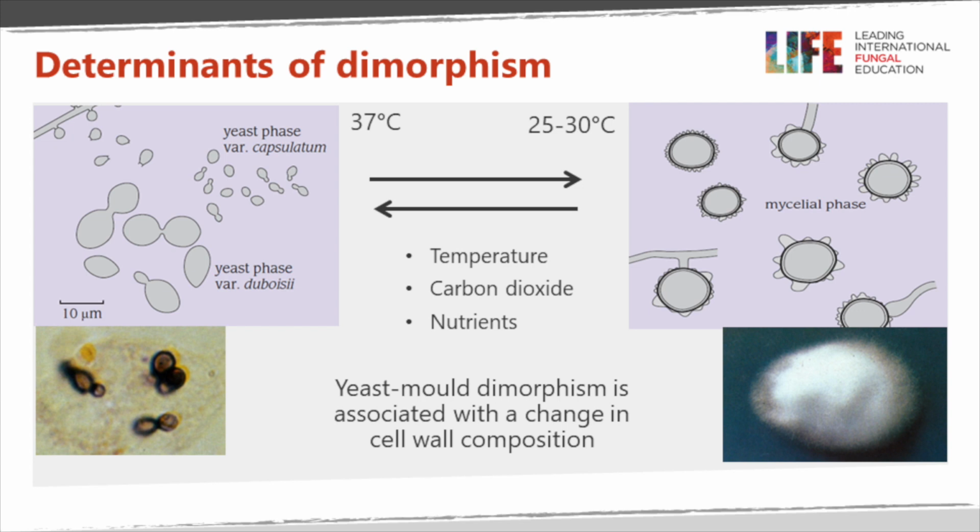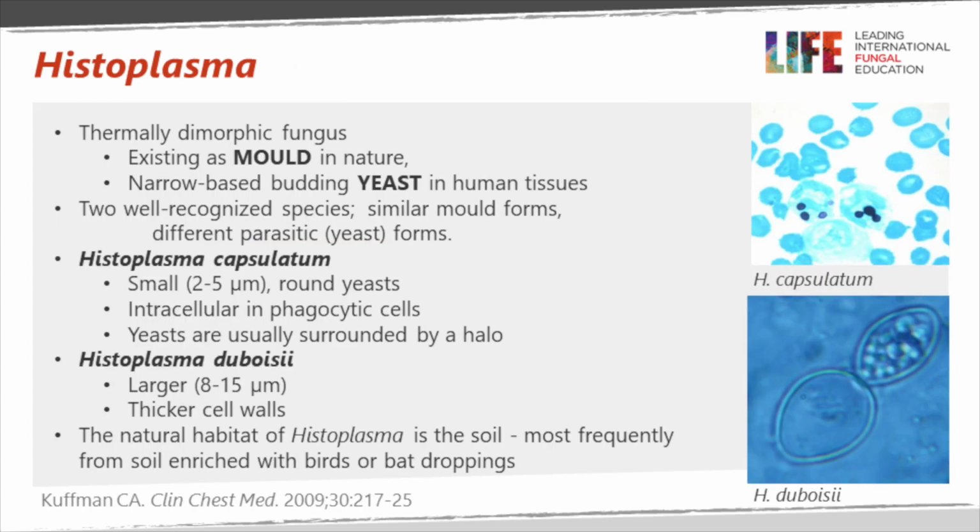On the left-hand side, you have yeast cells, which are what is found at 37 degrees at the body temperature, and on the right-hand side, you have a mycelial phase, which is a more fluffy mold, which is found at lower temperatures and in the environment. So in nature, the Histoplasma exists as a mold, but in human tissue, it is a yeast, as I've indicated,